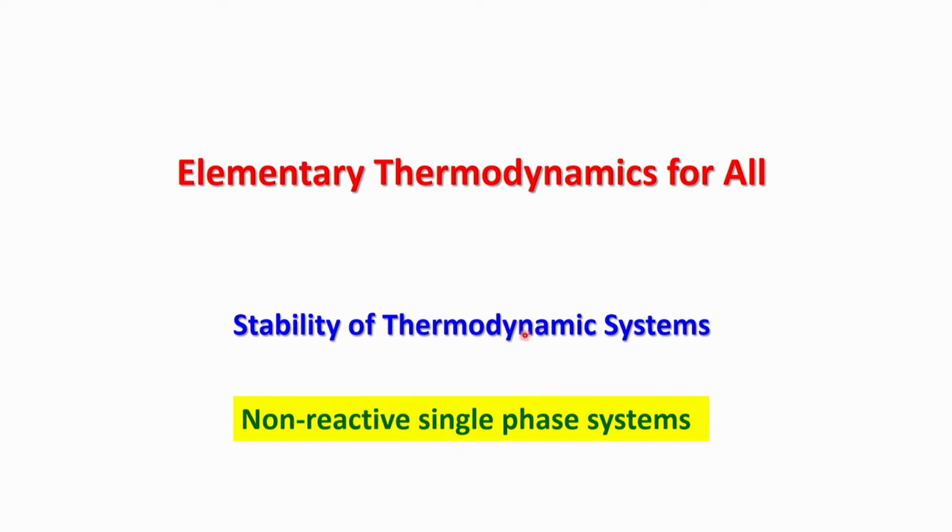And the system that I have in mind for this particular class is a non-reactive single phase system, such as an ideal gas, a single component ideal gas. So, you have 1 mole of argon gas at a very high temperature, so it acts as an ideal gas. So, you say that what I have is a non-reactive single phase, because there is only the gas phase of the substance of your system, and it is a macroscopic system.